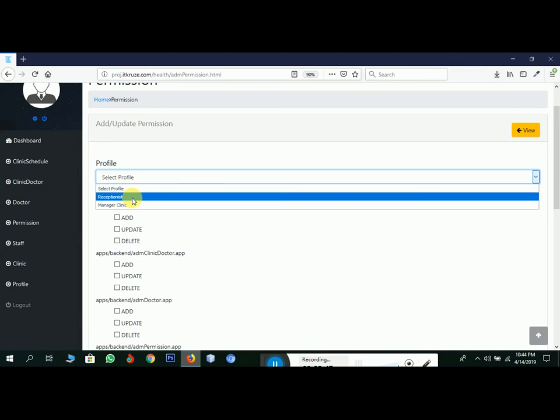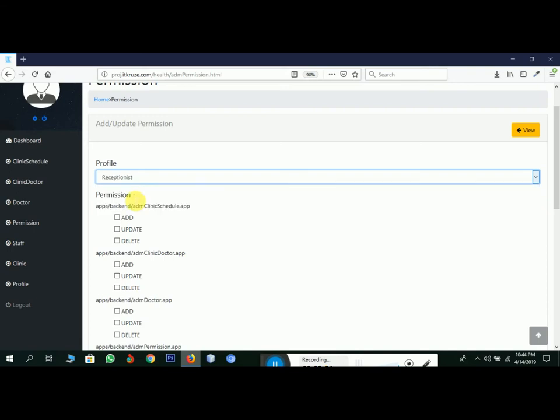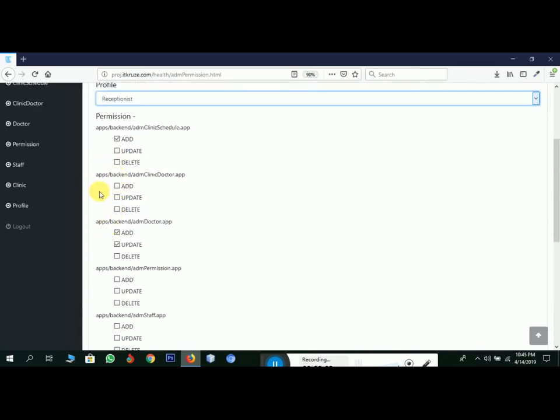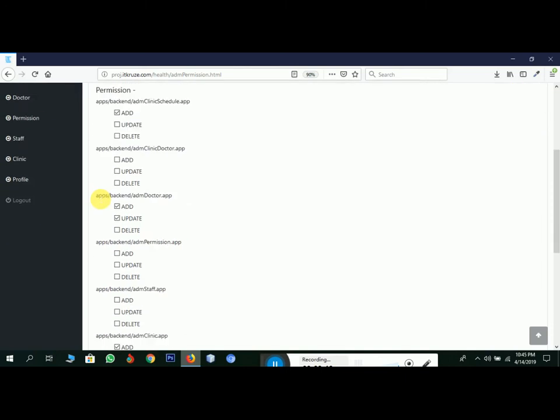Suppose a particular admin wants to provide some permission to the clinic, then only that permission will show here. Suppose I select receptionist, then all the permissions which I have provided to that receptionist will be checked.